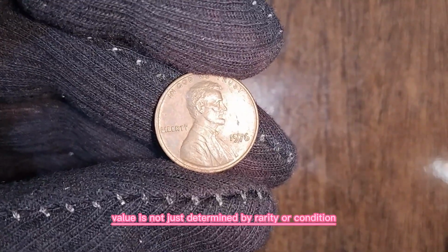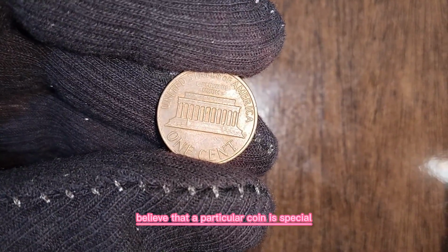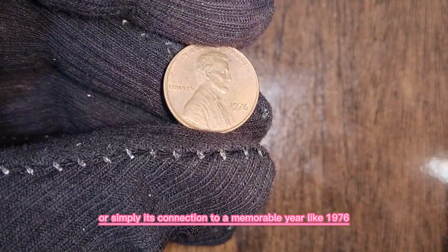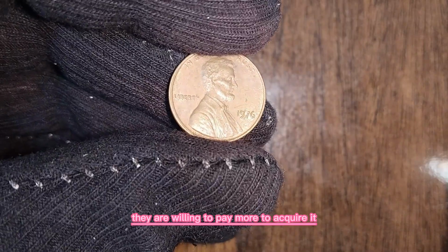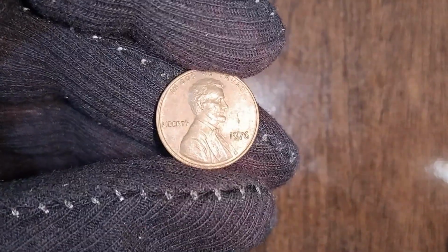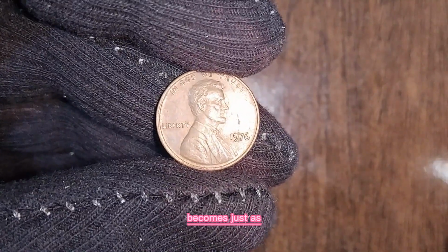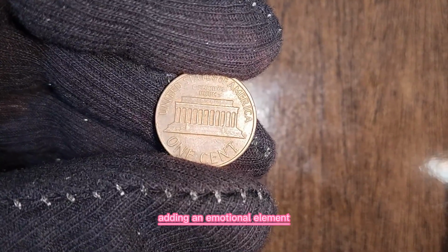Value is not just determined by rarity or condition, but also by demand. When collectors believe that a particular coin is special, whether due to a unique era, historical significance, or simply its connection to a memorable year like 1976, they are willing to pay more to acquire it. This competition can drive prices to astonishing levels, especially when wealthy collectors or investors enter the market. In some cases, a coin's story becomes just as important as its physical characteristics, adding an emotional element that further